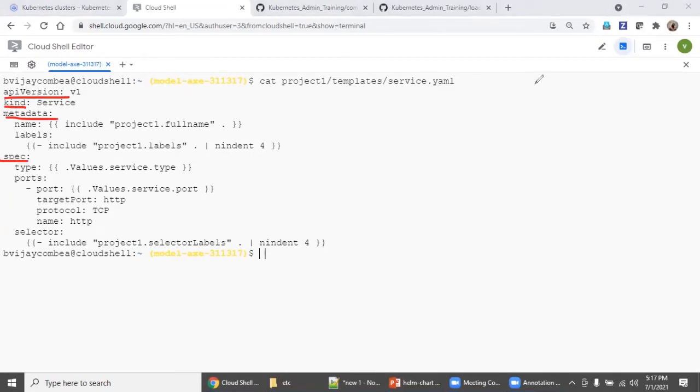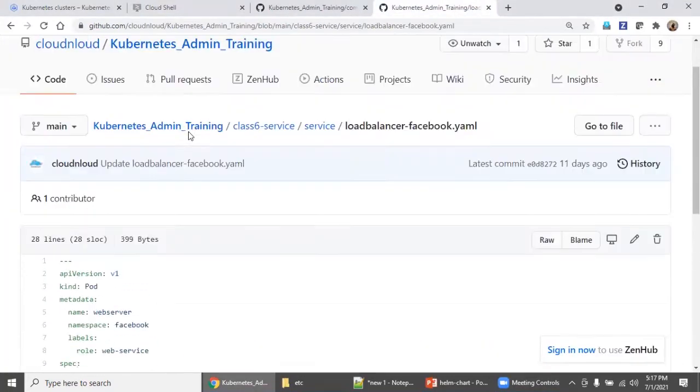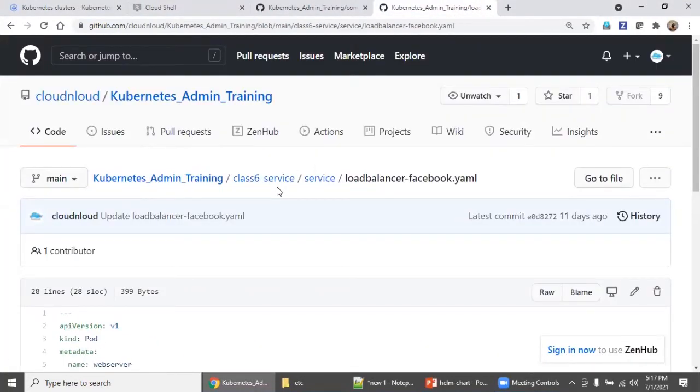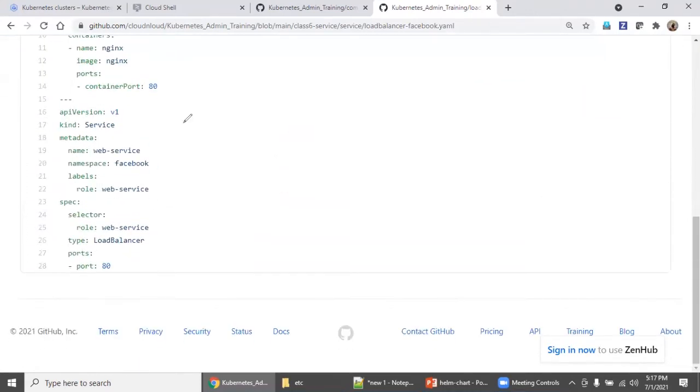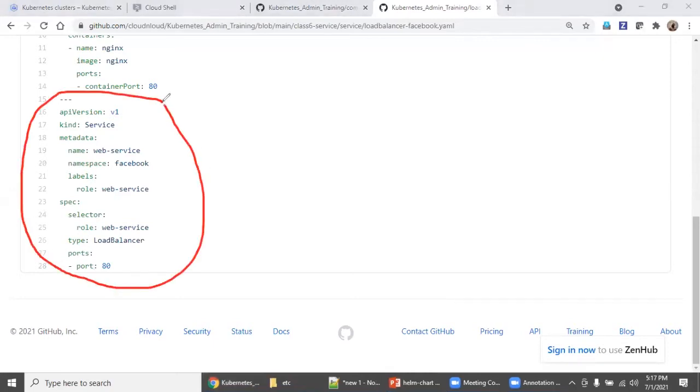Can we go back to some previous class files? So this is class 6 service. You can take any previous class YAML file. Come down, take this section alone and put it in a service.yaml file. Exactly the same as what we get from helm create for the project.